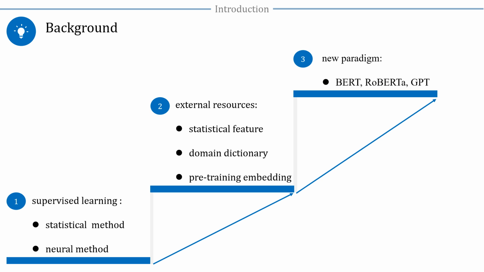The F value, which is the most popular evaluation in many NLP tasks, almost achieves at least 97% by supervised learning methods. CRF and BiLSTM are the most popular models to deal with Chinese word segmentation,